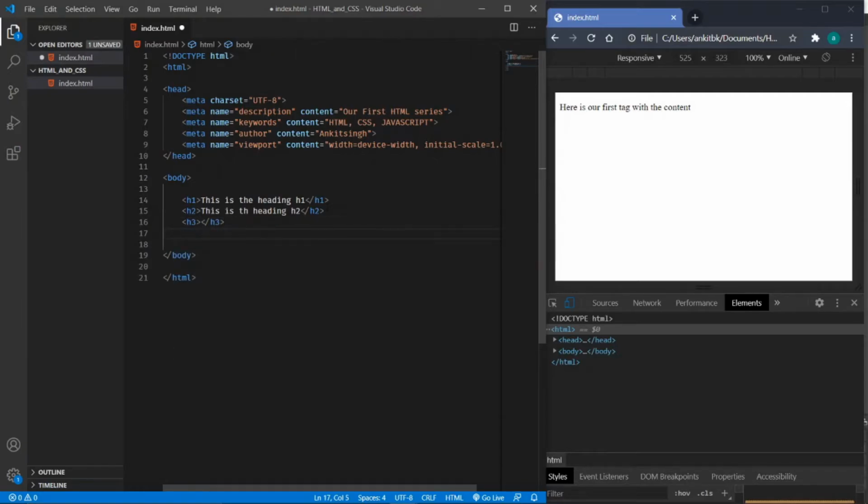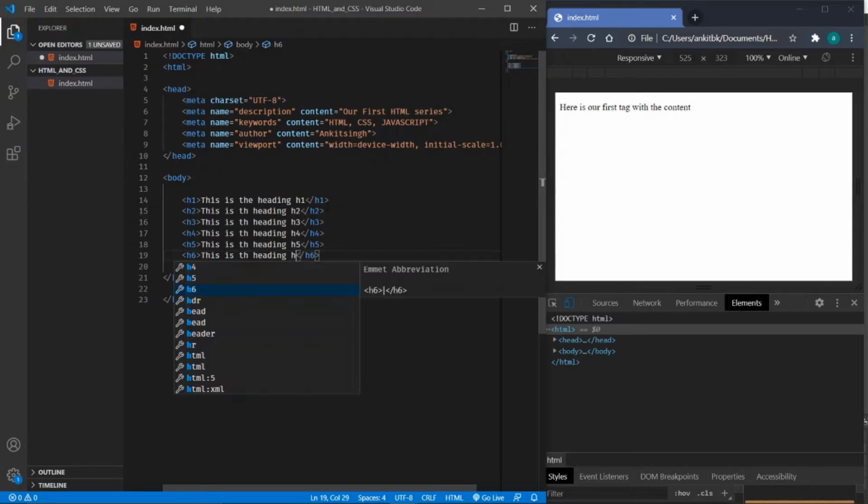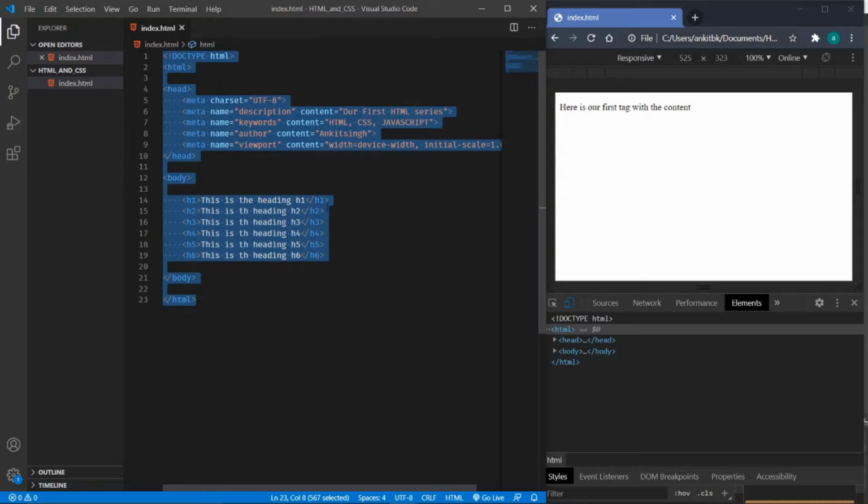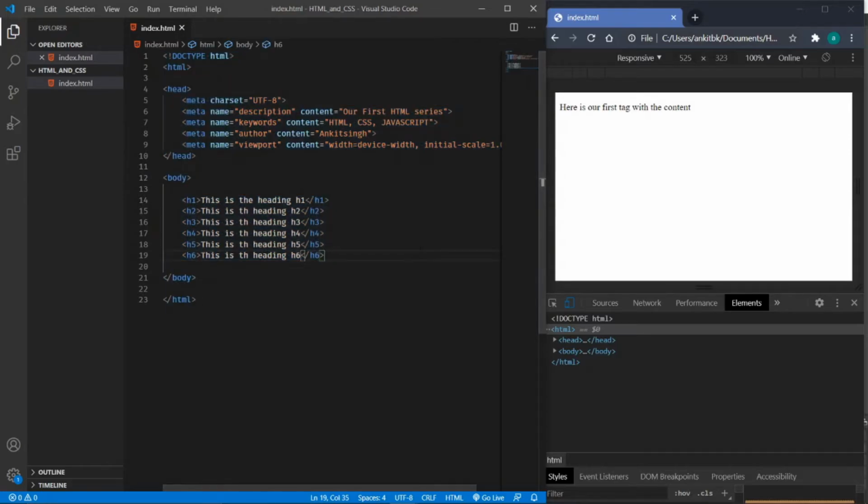Let's write H5, H6. This is H4, this is H5 heading, and this is H6 heading. So let's just refresh the browser and check how this looks.